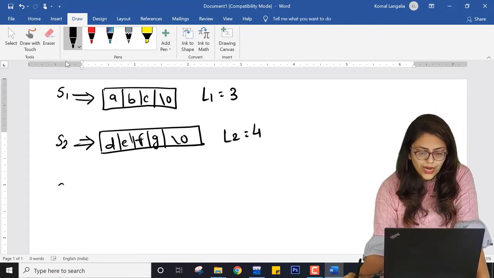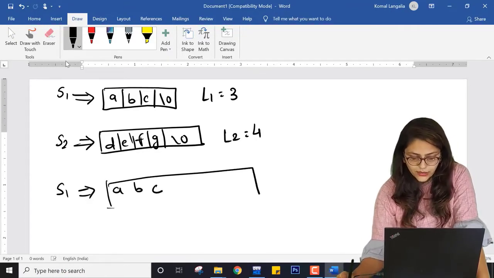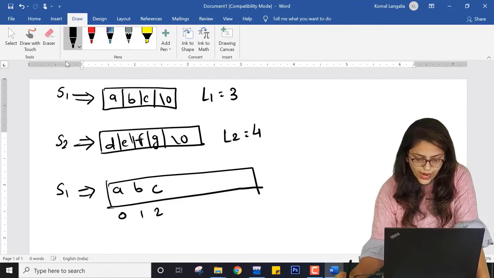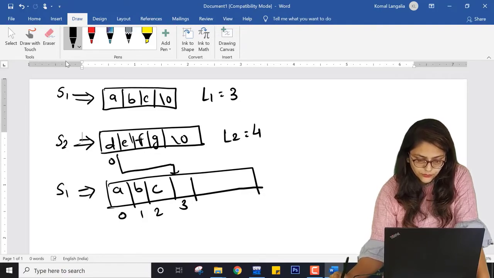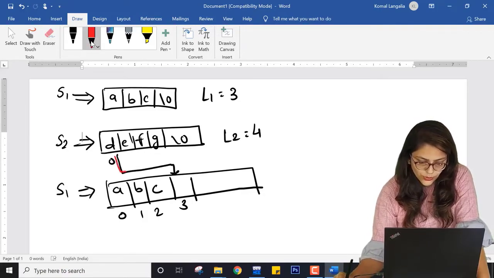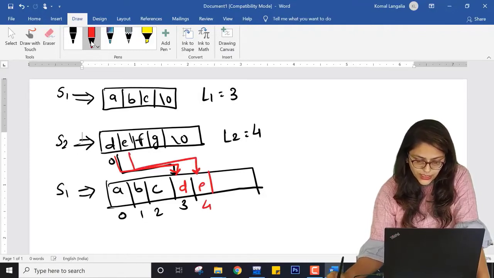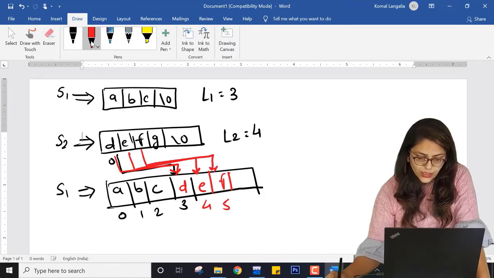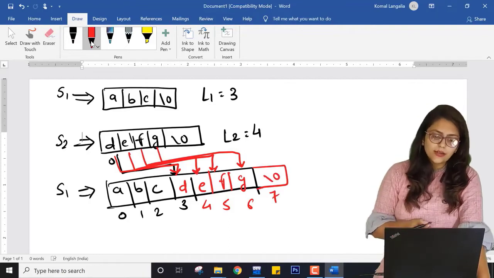Now what I am going to do, I know that S1 is A, B, C. Now at index 3, after 0, 1, 2, at index 3, I am going to print this value, that means D. Then at index 4, I am going to print this value, that is E. Index 5, I am going to print this value, that is F. And index 6, I am going to print G. And here last is the null character. I hope you guys are understanding.